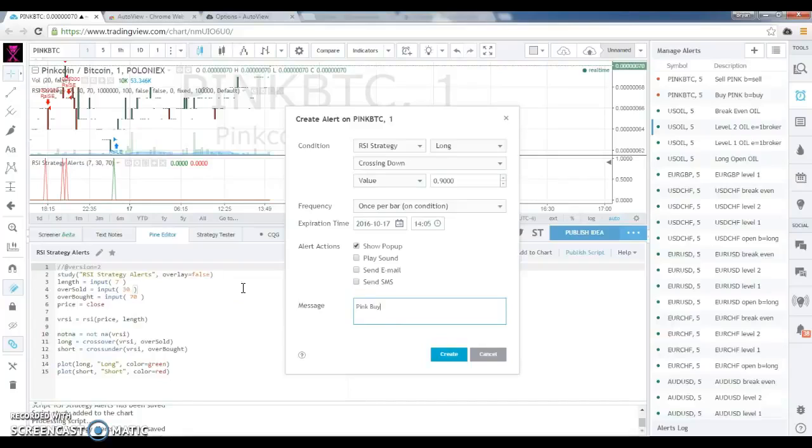This is pink buy. Because it's not leverage trading, if you want to do margin trading, T equals margin, and then this would of course change to a long, but we're not, because of the way that we're going to set this up. It's not set up. If you're going to do the margin trading, you're of course going to want ins and outs. So we're going to buy,